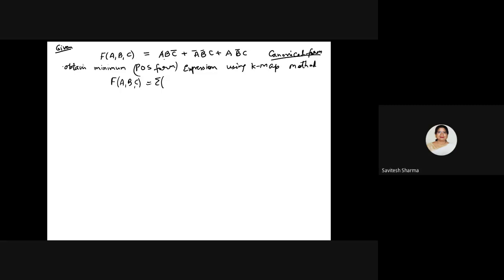So what I will do here, I will write the min terms. So what are the available min terms? You see, this is my 0, this is my 0, this is my 1. So what is the equivalent? Tell me the min term for these 3 expressions. What should I write here? ABC complement. What is the decimal equivalent for ABC complement? 6. As this is SOP form, what will be the decimal equivalent for this ABC complement? Just tell me.